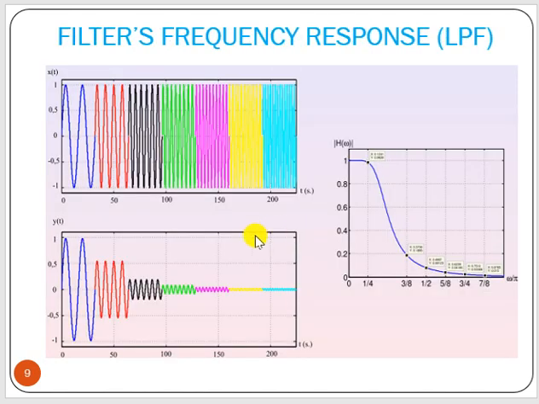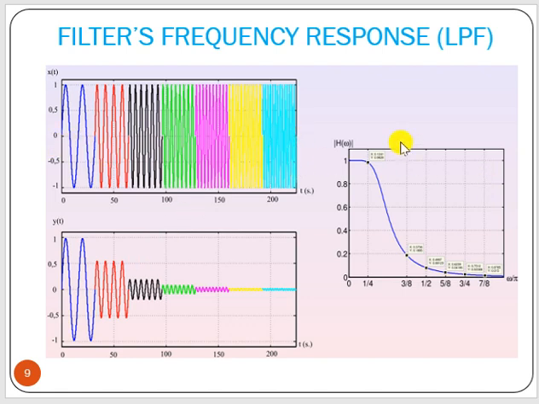Now, the filter frequency response, LPF. Suppose we have an LPF, so this is the plot, 1 at 0 and 0 at infinity. Now here, different frequencies are there, low frequency and higher and higher. As we go in this direction, frequency increases.